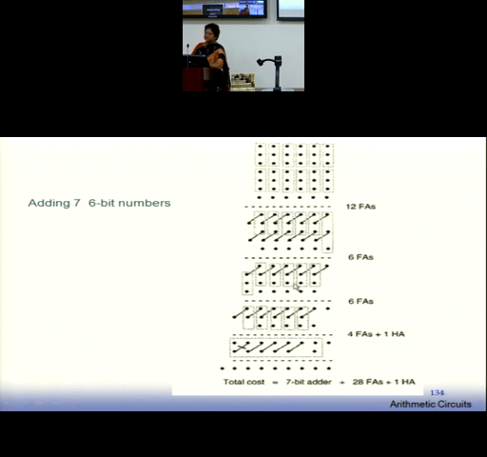Now we come to the third addition step. Okay, here what do we have? What is the status we have? This will produce a sum and carry. This will produce a sum and carry. This and then these two are remaining as they are. Remember, this will produce a sum and a carry.